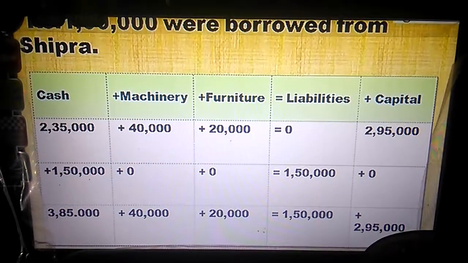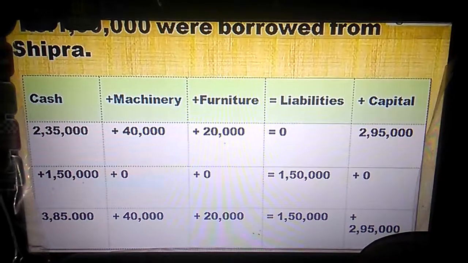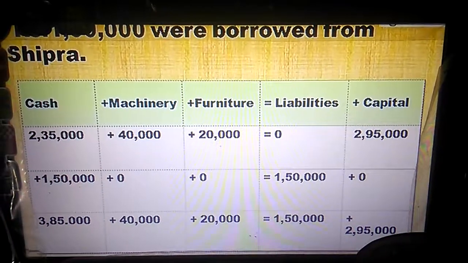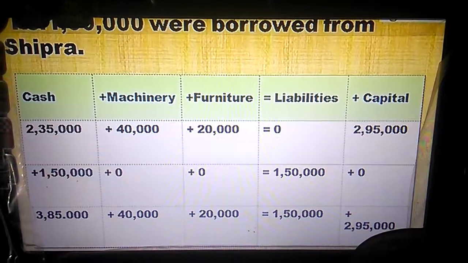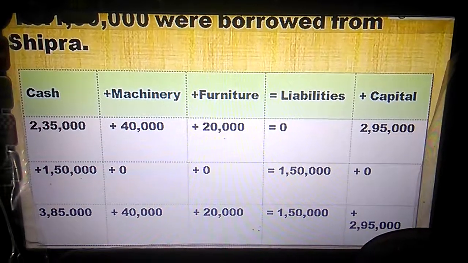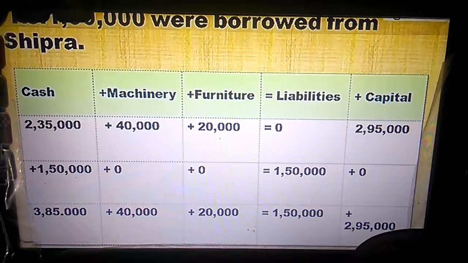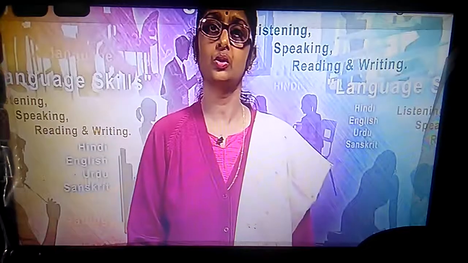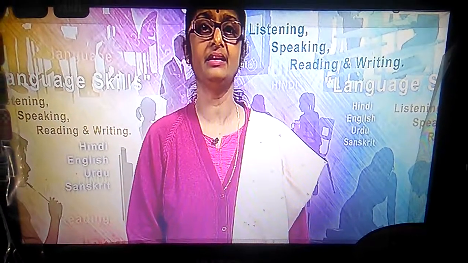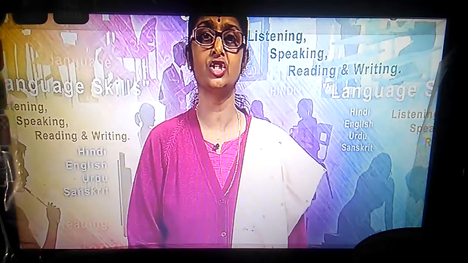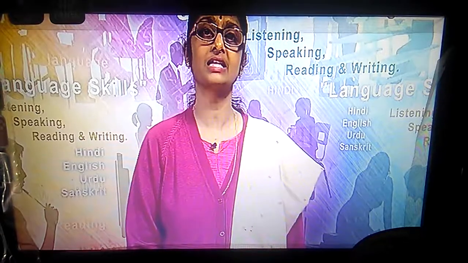And on the liability side, liability has increased by 1,50,000, and capital, earlier it was 2,95,000, no change. So 2,95,000 plus 1,50,000. So both the asset side and the liability side are again equal, and here also the accounting equation is satisfied. That is, on both sides